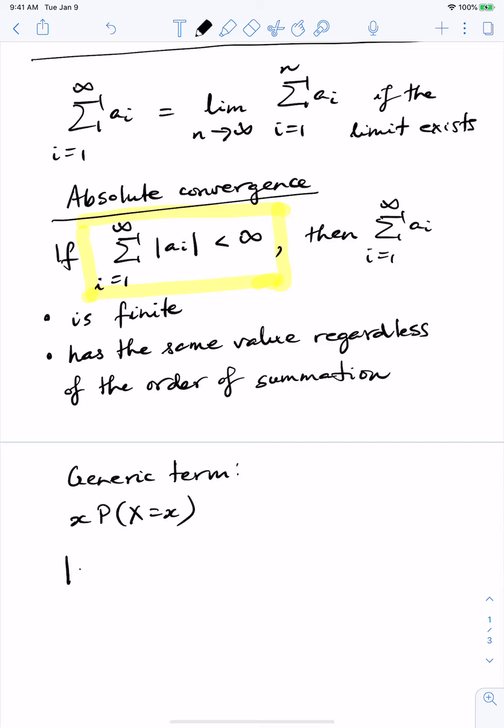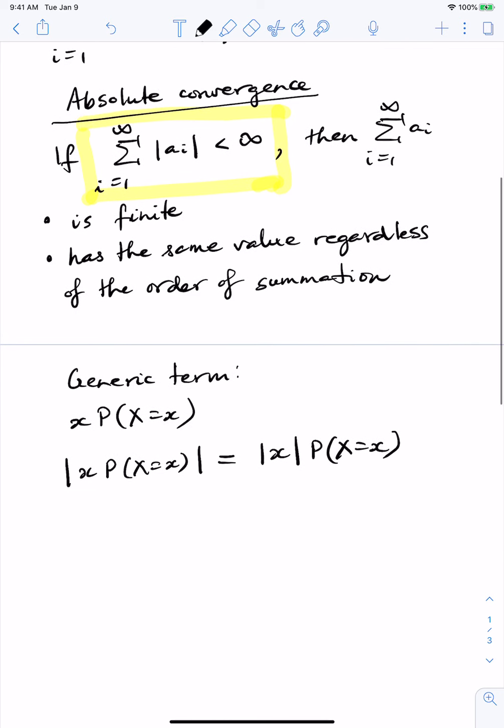So the absolute value of the generic term, well, the probability is already non-negative, so it's only the value itself that might be negative. So we put the absolute value just on the x. And so now our absolute convergence criterion says, and we're ready to give a very formal definition,